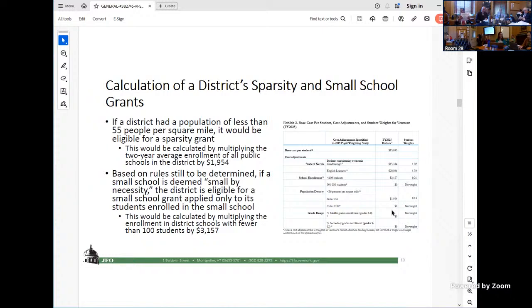I can name for you that H454 maintains weighting categories that we have in current law. It maintains the weighting categories of students from economically disadvantaged backgrounds and English learners. We have weighting categories for small schools and sparse districts; that creates a grant for those. We have a weighting category for grade range, so 6 through 12 students are weighted. This repeals that weight. It adds the weight of special education.